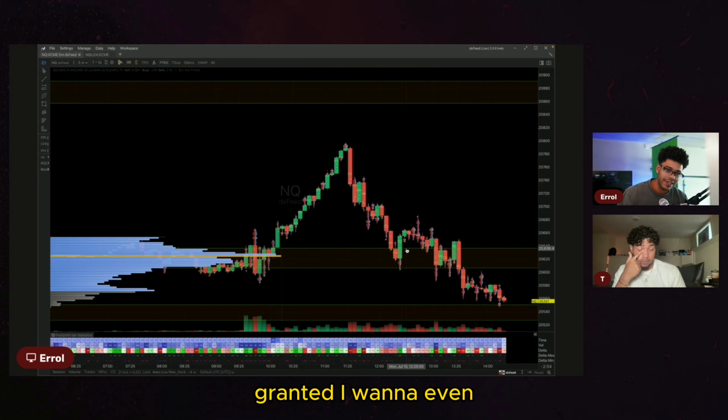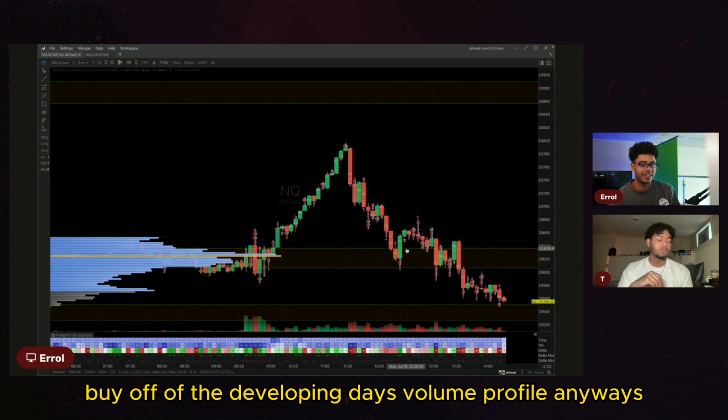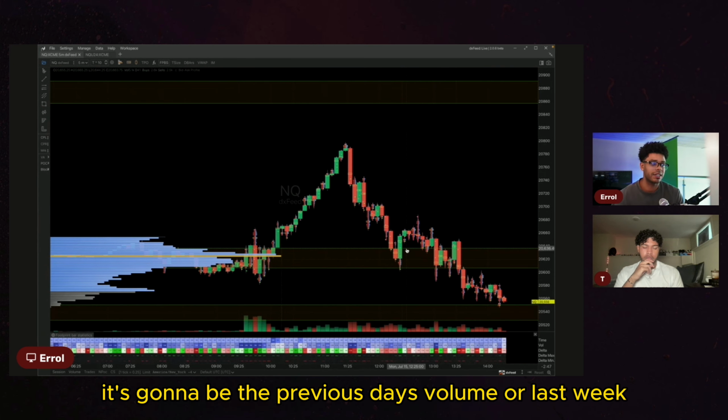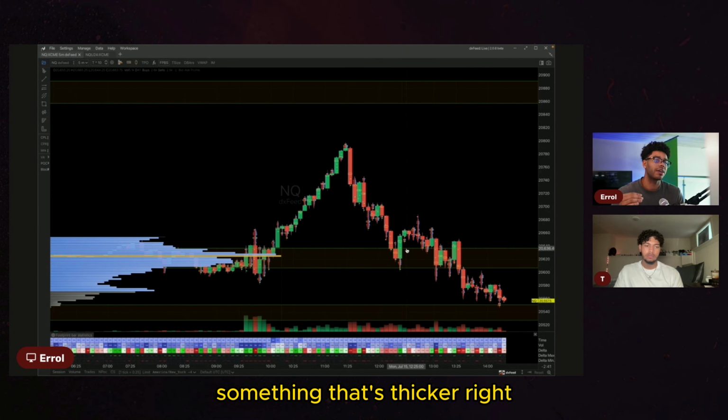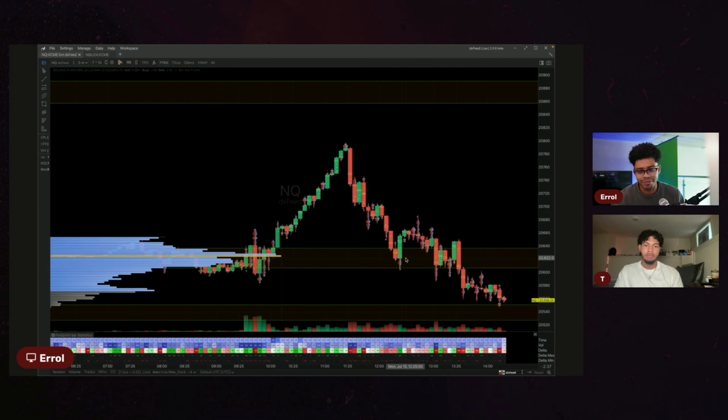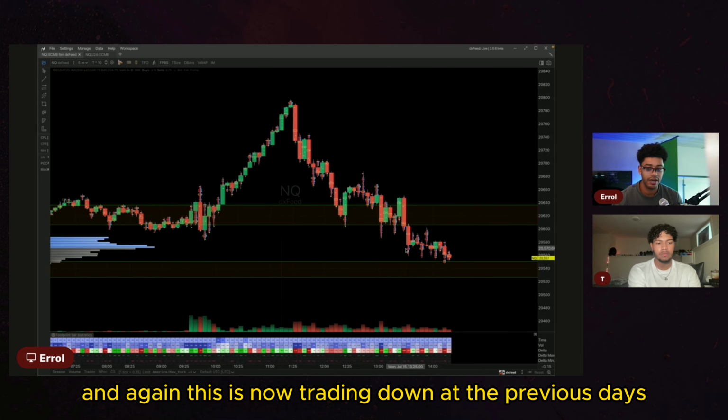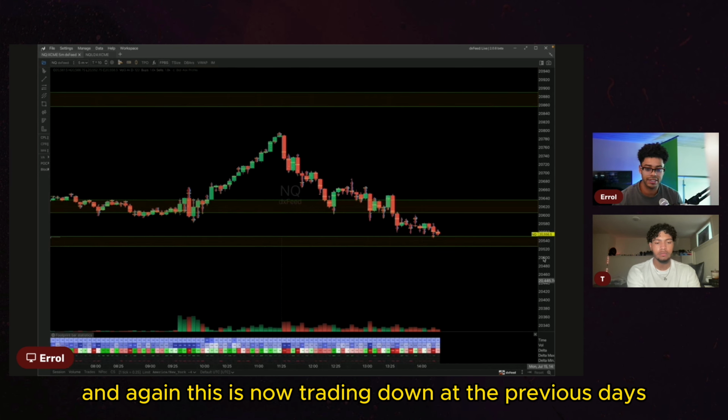Granted, I wouldn't even buy off of the developing day's volume profile anyways. So I'm going to get long off of something that's going to be the previous day's volume or last week, something that's a little stronger, something that has more trading activity that occurred, something that's thicker. So it might work. You might find the day's volume developing. And again, this is now trading down at the previous day's